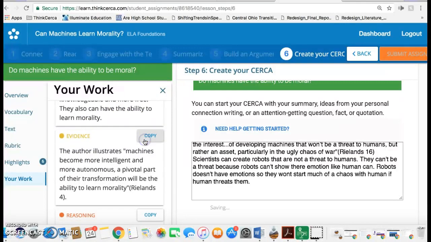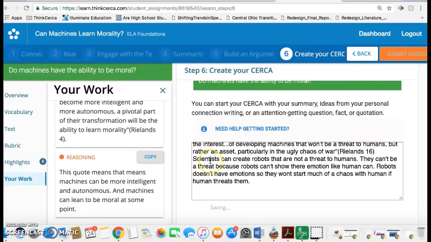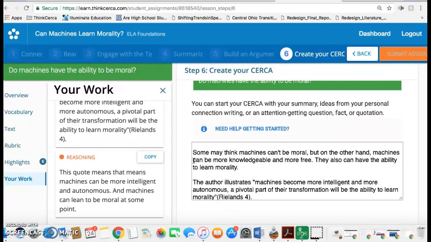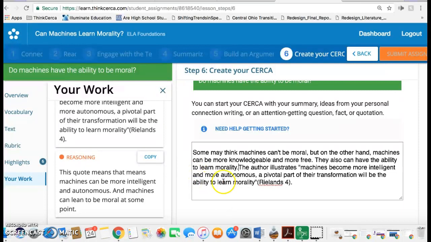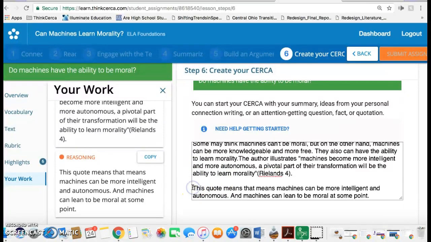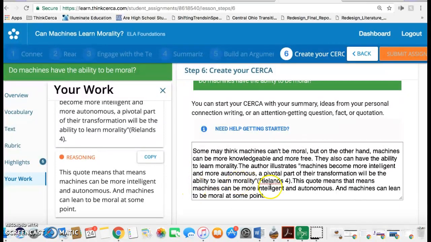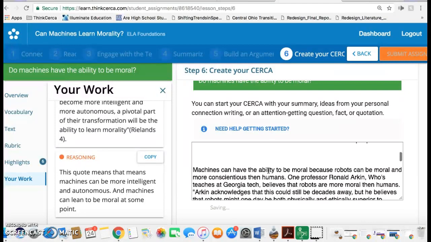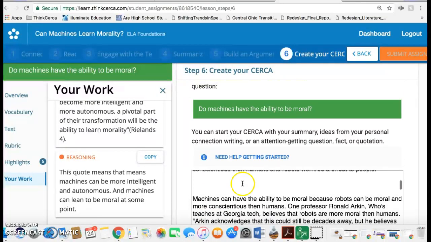Copy, evidence, reasoning. Make it look like a paragraph. Remember that each one should be 4 sentences. And at the end of copy and paste, you'll have 1, 2, 3, 4